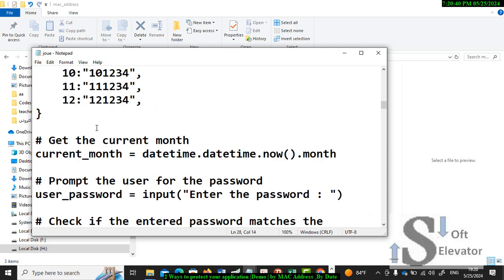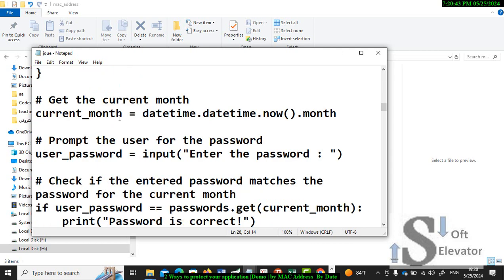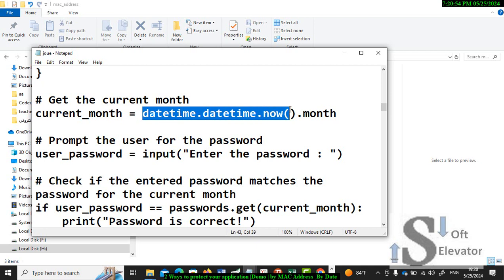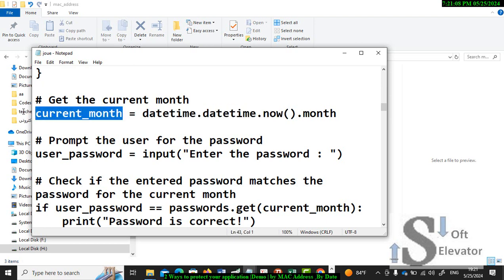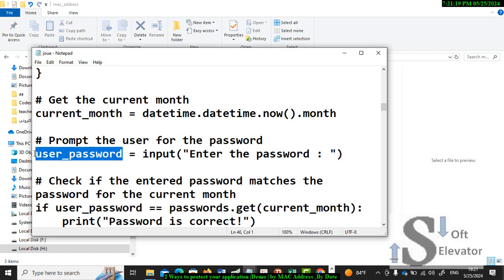You will ask the program through the code to bring the current month using this function. This function also works in Python. So datetime.now().month will bring the month: if January it will return 1, if December it will return 12, and so on. Then the number of the month will be stored in the variable current month. Then you will ask the user to enter the password and put it in the variable user password,